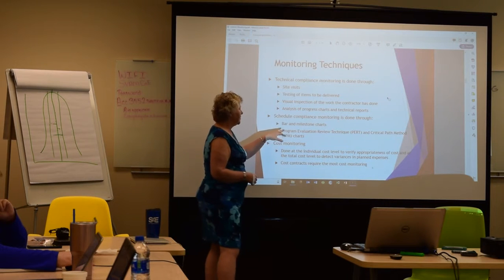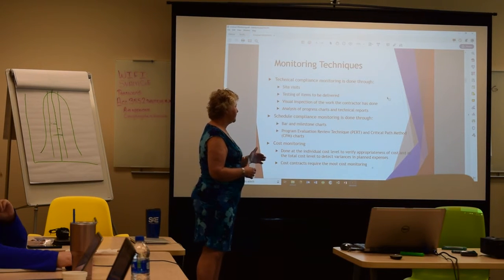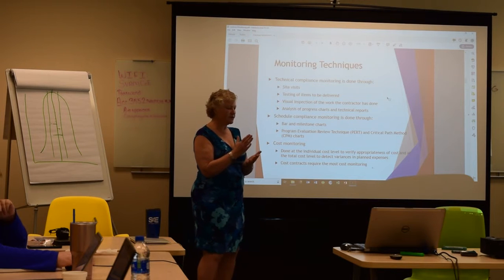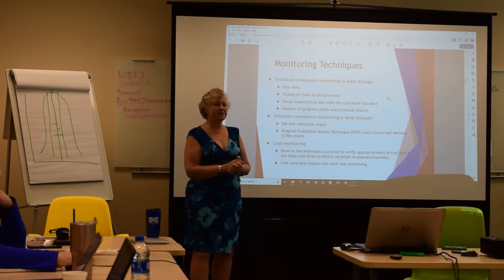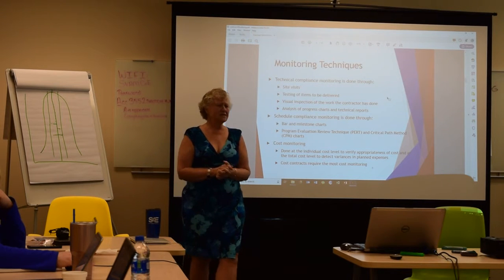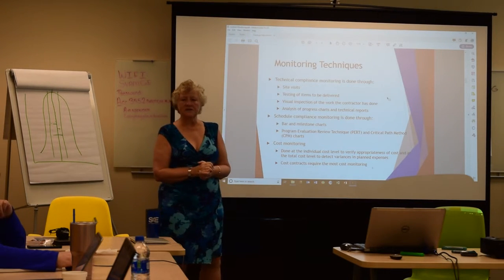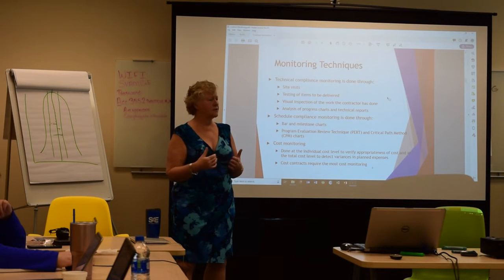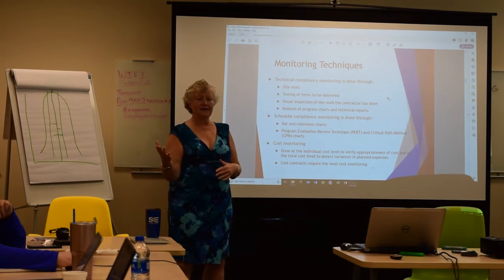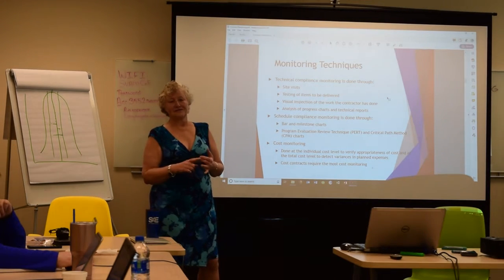They can look at bar and milestone charts, and critical path methods, to see whether or not you're on schedule. How many people have heard of EVMS, Earned Value Management System? This is a tool that came out of the project management discipline. Basically, the government got tired of contractors saying, oh yeah, we're on schedule, we're on budget too. And then they get closer to the end, and guess what? Not on schedule, not on budget.